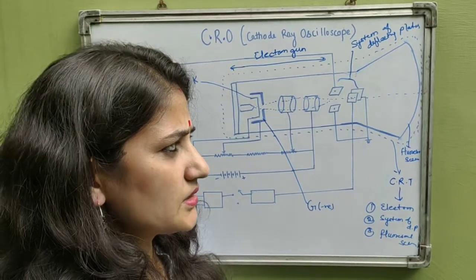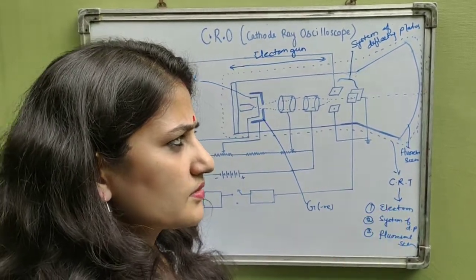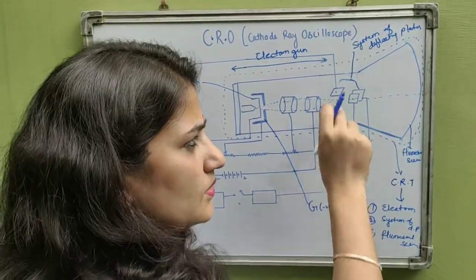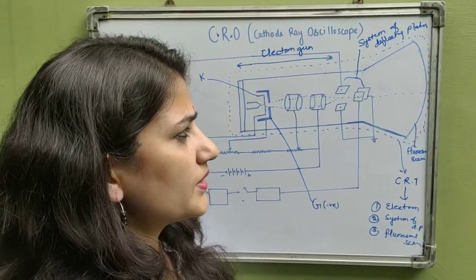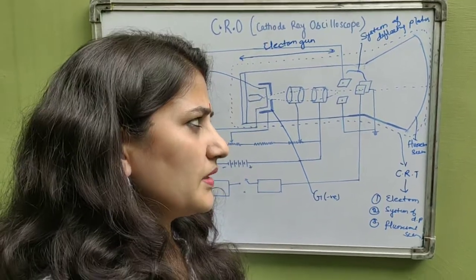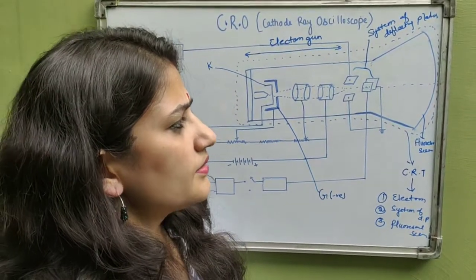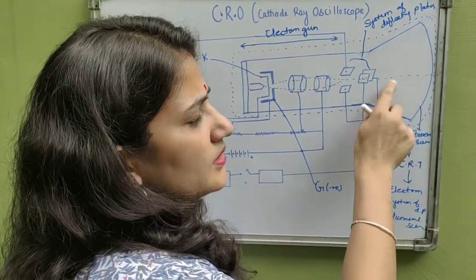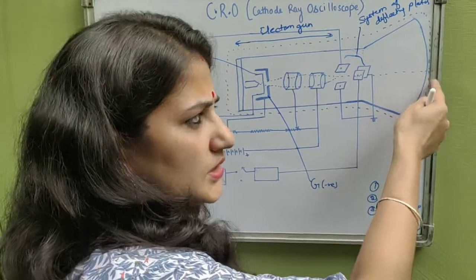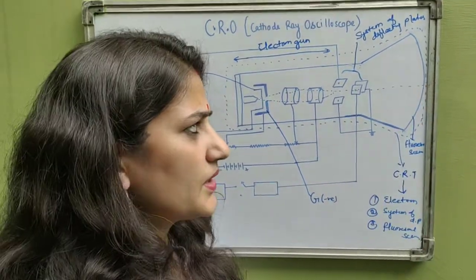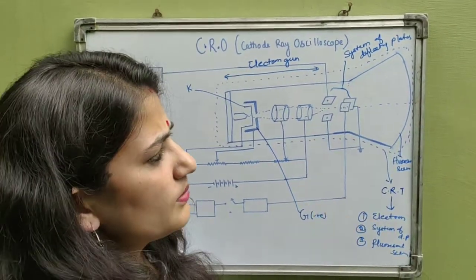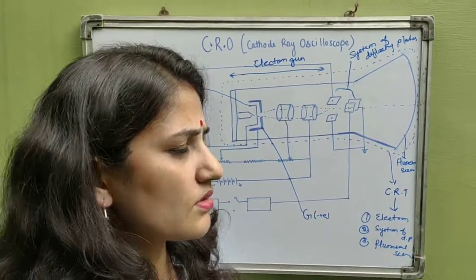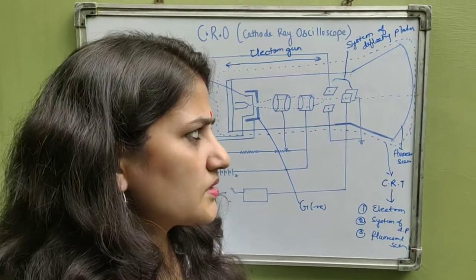In this way, we can see the spot of light on the screen, and this spot of light moves with respect to the corresponding potentials provided on the XX plate and YY plate. Along with this light, we can say that the kinetic energy of the beam is converted into light energy, where we obtain the spot of light. By obtaining this light, secondary electrons are also ejected or emitted from the screen.